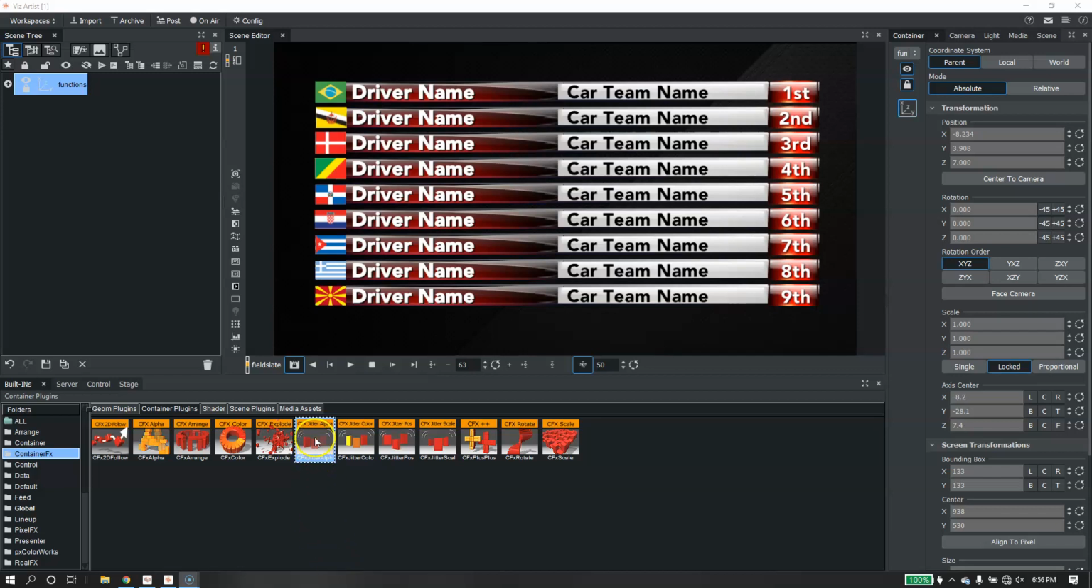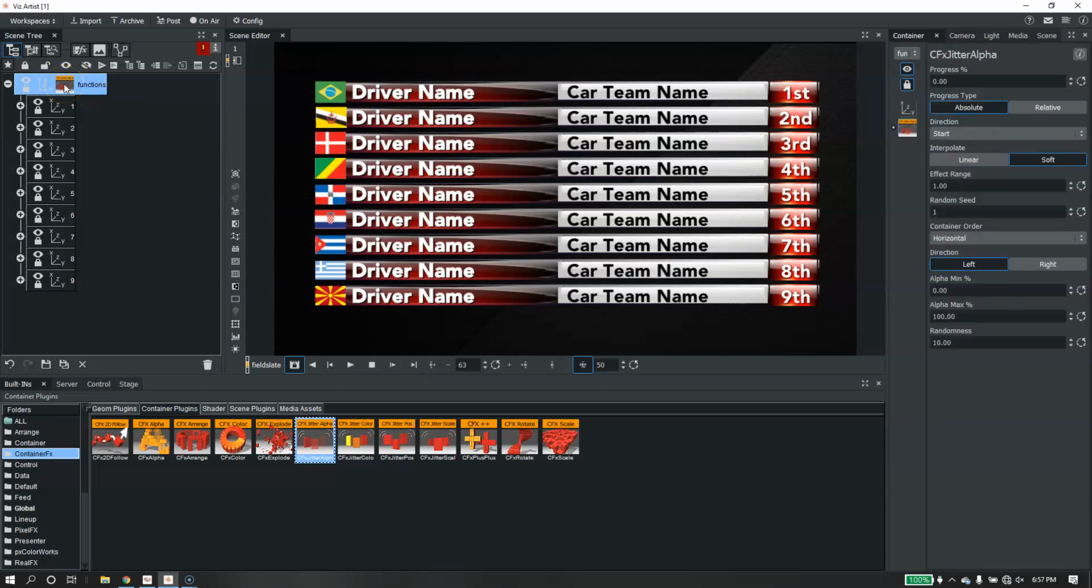The Container FX Jitter Alpha allows us to alpha on and off, and furthermore create an alpha animation with a series of containers. So here you can see we have a scene set up with a series of containers. We have them numbered here as subcontainers of our main container, and you just drag the Jitter FX Alpha onto your topmost container and you go into the